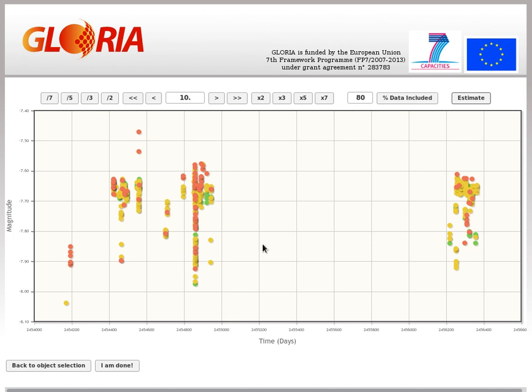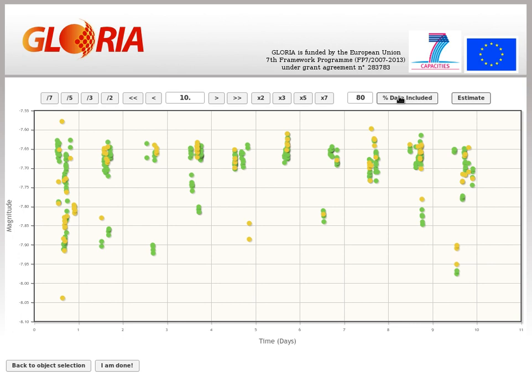Different colors indicate the quality of measurements. Green points correspond to the best measurements, orange to measurements of modest quality, and red to the 20% of points with the worst quality. So we suggest users select the 80% of data with very good and good quality by pressing the filter button here, and then we can see the light curve of the object